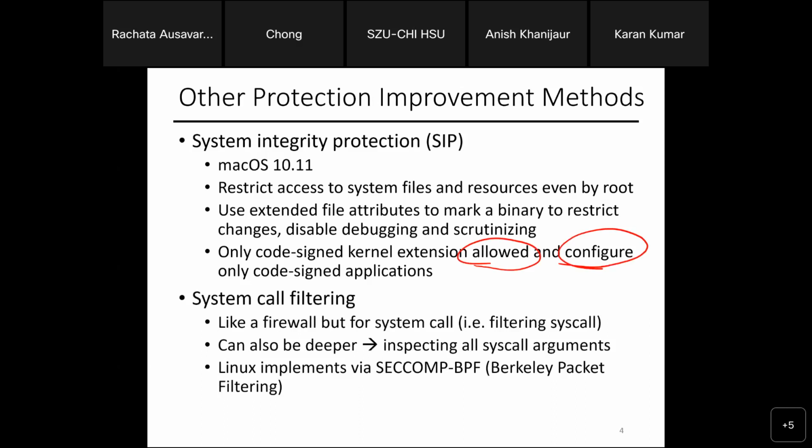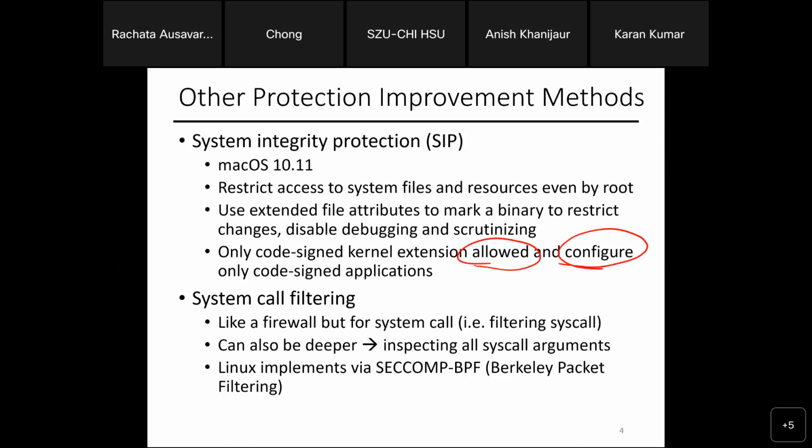Another technique that is also introduced is system call filtering, which is more of a filtering technique that behaves like a firewall. Anyone heard of a firewall in a computer? What is it for? Yeah, protect my environment from the outside attack, right? And the way it protects is like a wall, basically. And then you burn the wall to make it harder to get in.